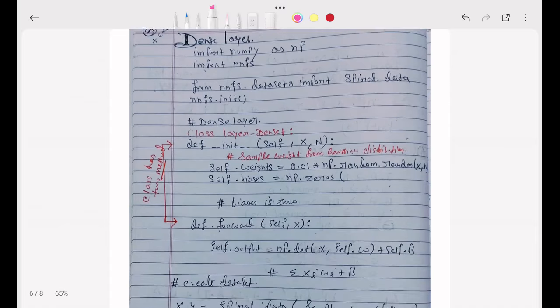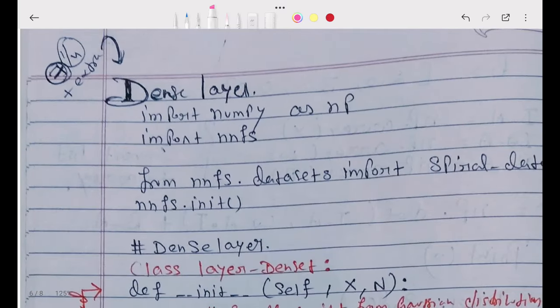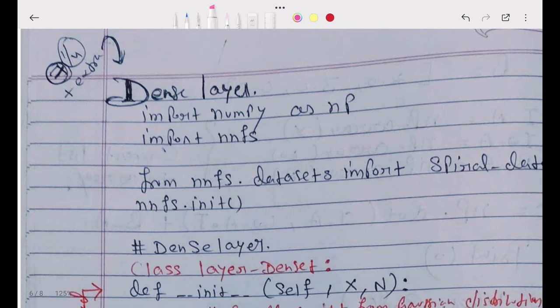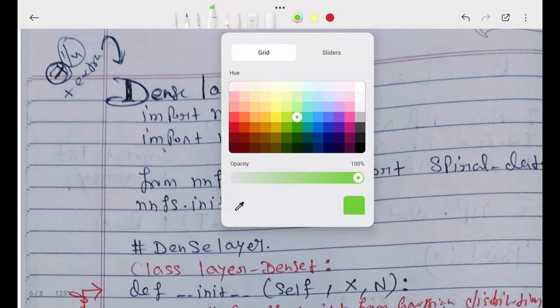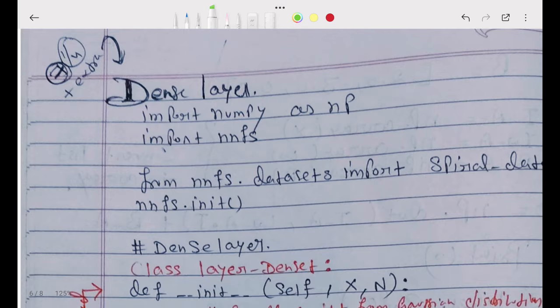Now I will come here to my code. Already we taught you the meaning of numpy, so at first I am calling numpy. Then this line, already I explained, we are importing NNFS. So there is a data set.